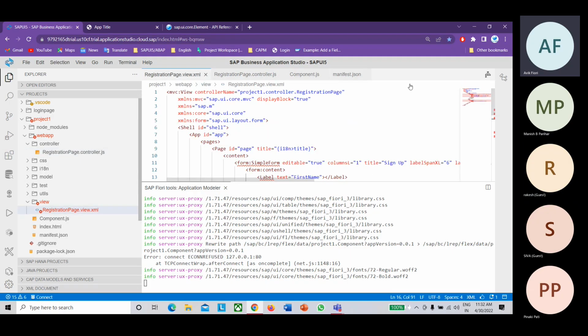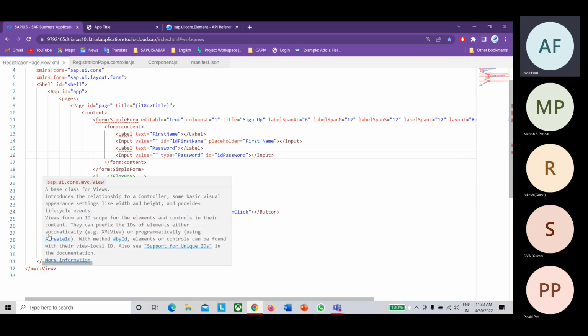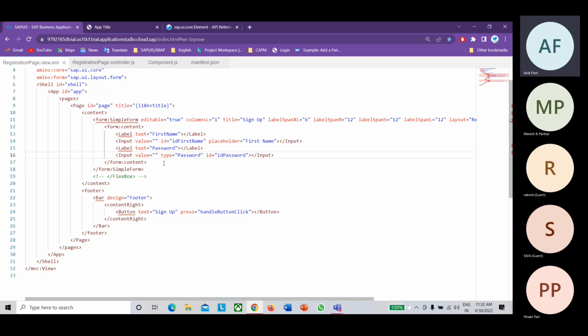Because if you look at the simple form in this XML, we have added a simple form with only 2 fields and it's taking around 32 lines. But what if the simple form has 15 or 20 fields? And like that form, we need 10 or 15 simple forms. So how many lines will it take? For sure, it will take more than 1000 lines, right? And for these 1000 lines, if you want to make some changes, will that be very easy? Will it be neat and clean so that you can directly see the code and make the change? No, right? It won't be easy.